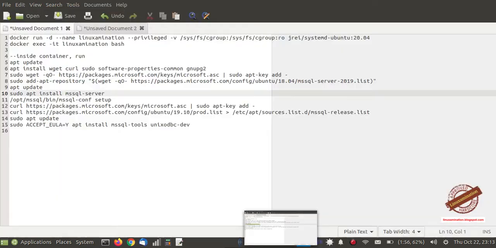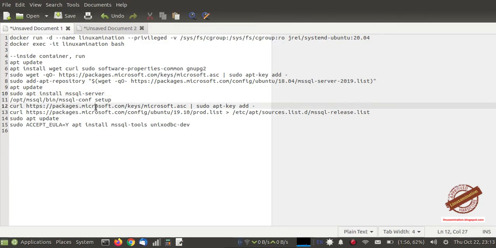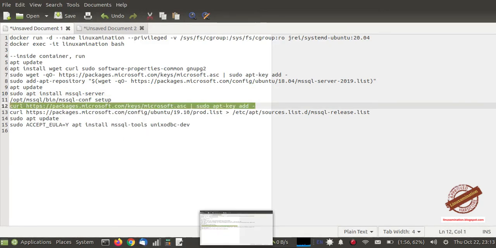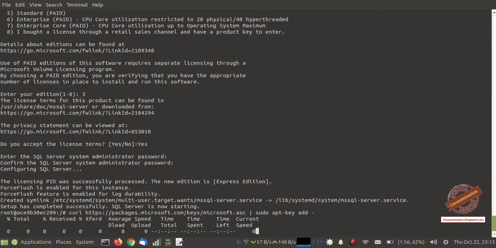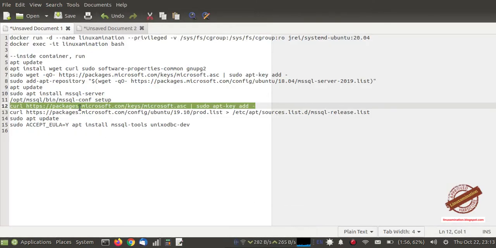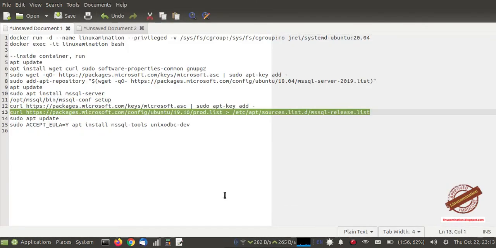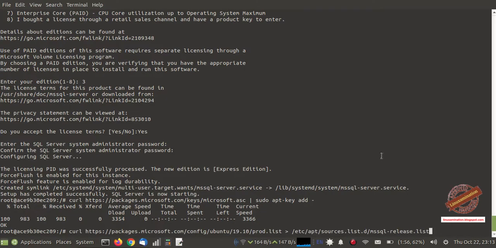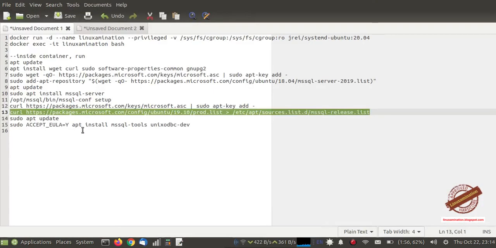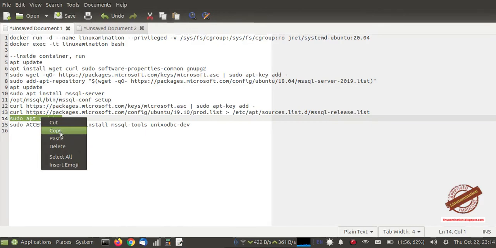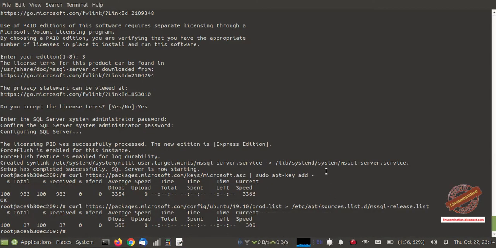Now to run MS SQL queries, I need to install some MS SQL tools related packages. So this is the command to install MS SQL tools. In a similar way, I need to add the Microsoft keys because without them I cannot install the MS SQL tools packages.